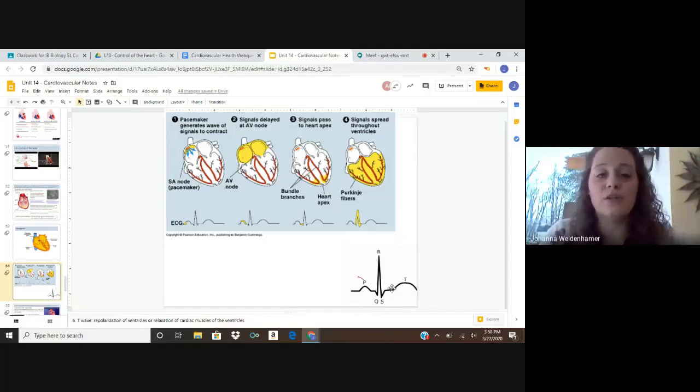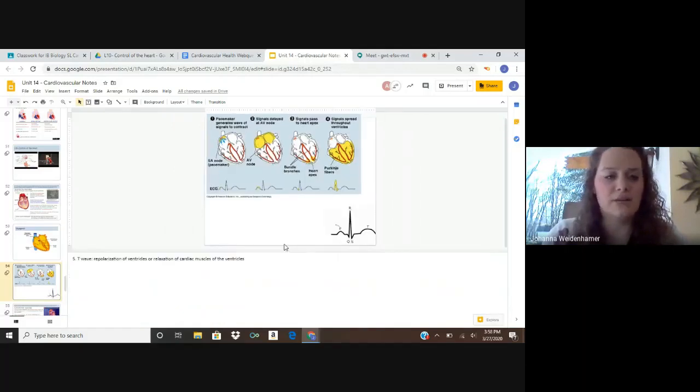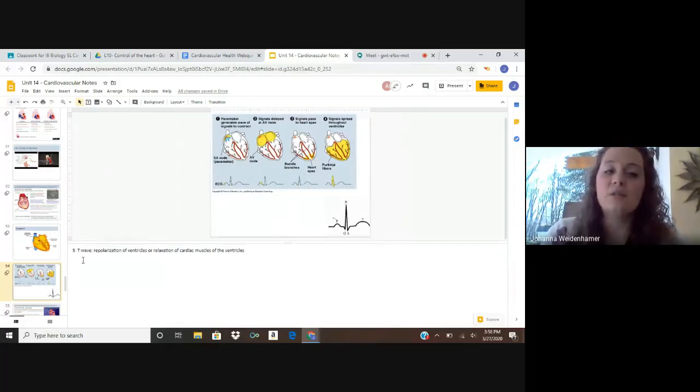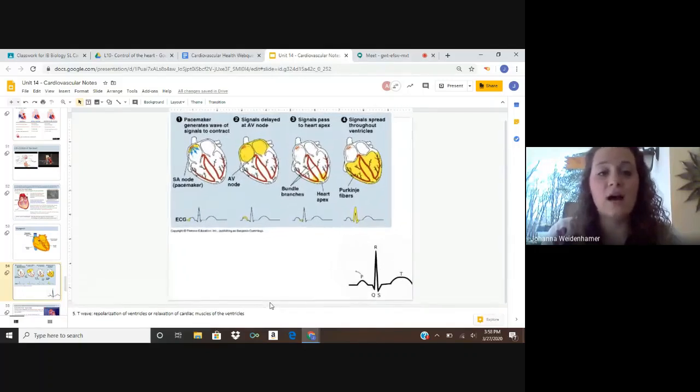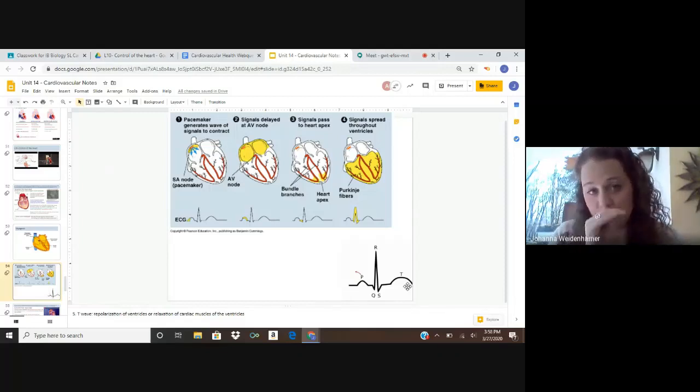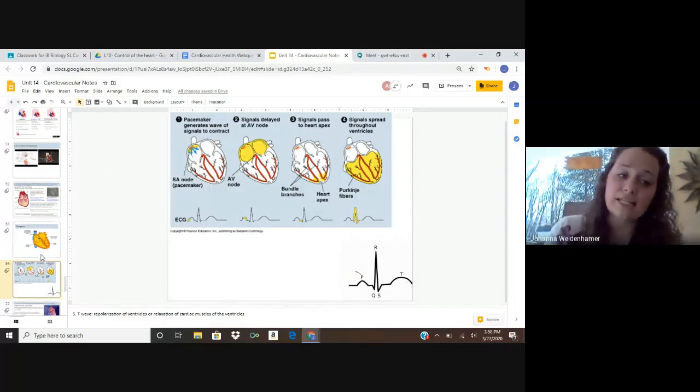So our T wave is going to show the electrical signal of the ventricles relaxing. So if you take a look down here at the speaker notes, the T wave is going to show us repolarization of the ventricles. Or you could also describe it as relaxation of cardiac muscles of the ventricles. So our T wave is just showing that now, okay, we're done with the contracting of the atria and the ventricles. We're now going to go back into relaxation mode and then start up again with our P wave. So I know in your notes that's not added in there, but I want you to add a little number 5 to show that T is our ventricles now relaxing. So that's our EKG. Moving on